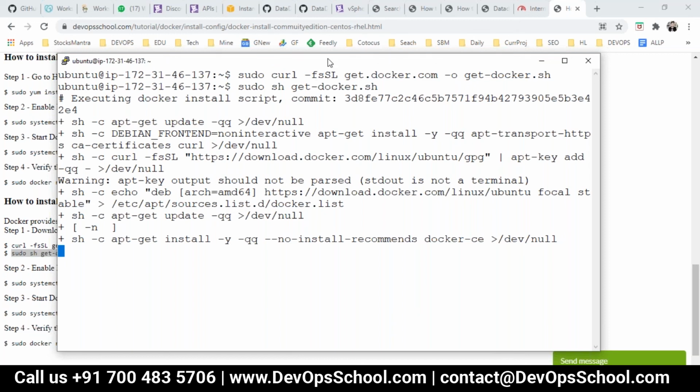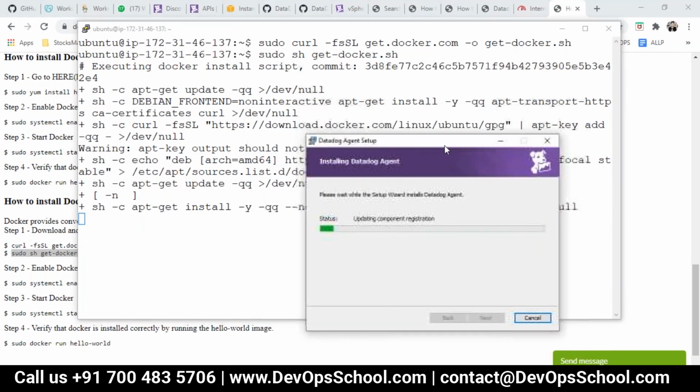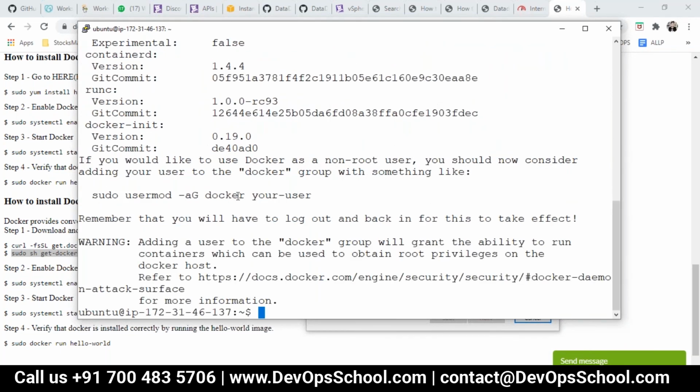It will not take much time on a Linux machine. The only headache is Windows, actually. Now you see, this has been done. Now the installation is done.